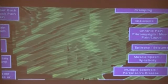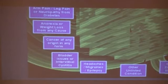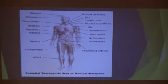Just to mention a few here: epilepsy, seizures, spasticity, cancer, and I'm going to touch upon that as well. So we can see here, what we started to notice was the potential uses for marijuana. Multiple sclerosis, ALS, chronic pain, Tourette's. Tourette's is a syndrome where people want to function, and they function with a tic. They blurt out words, they have incoherent actions, but they want to function. So this helps them. HIV patients,